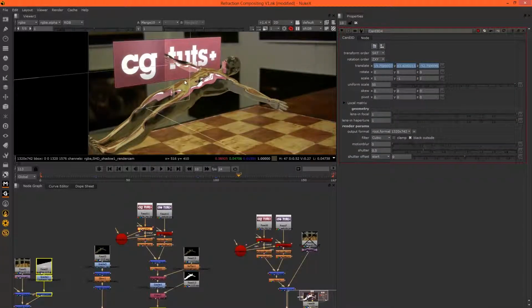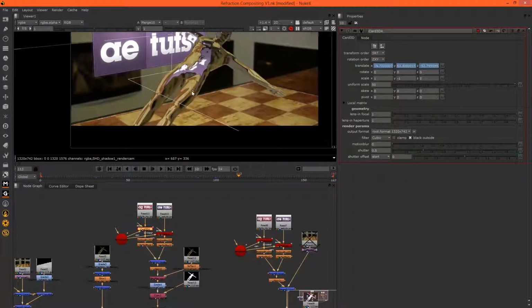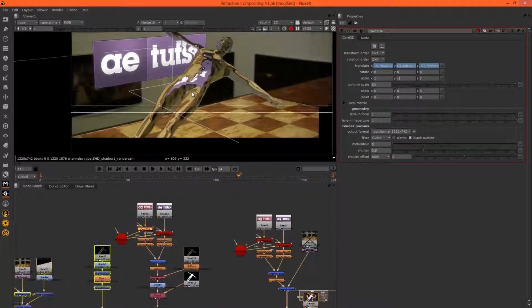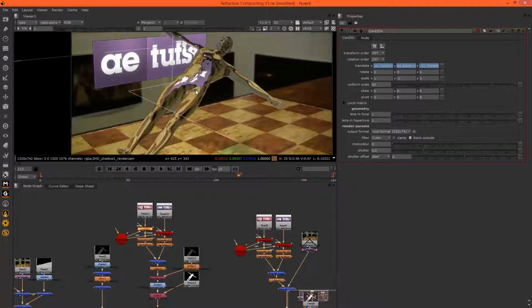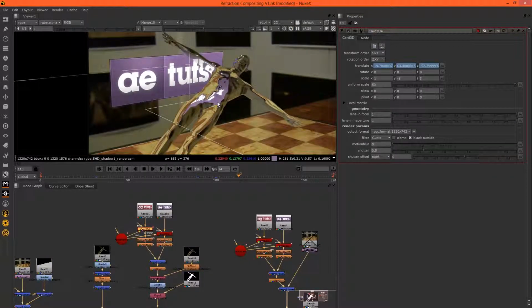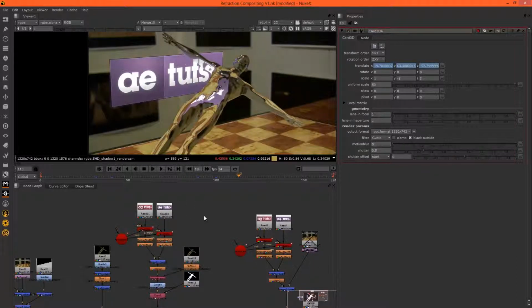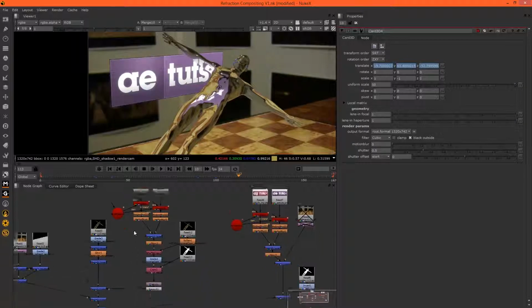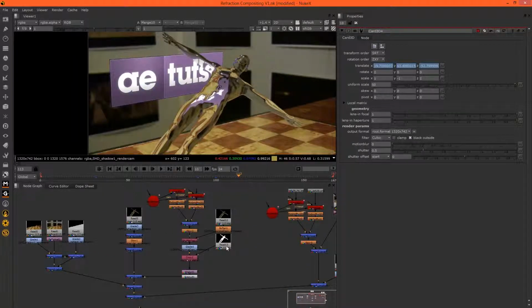Let's see what happens when the AETUTS logo comes on. That's looking nice. Okay, so now what do we need to do? Well, first let's create a matte of anything CG that is in this scene so that we can just soften it slightly and add some grain to that. So we could do that by grabbing the matte